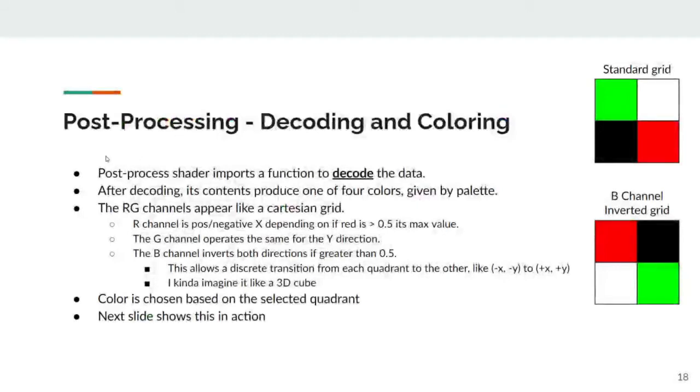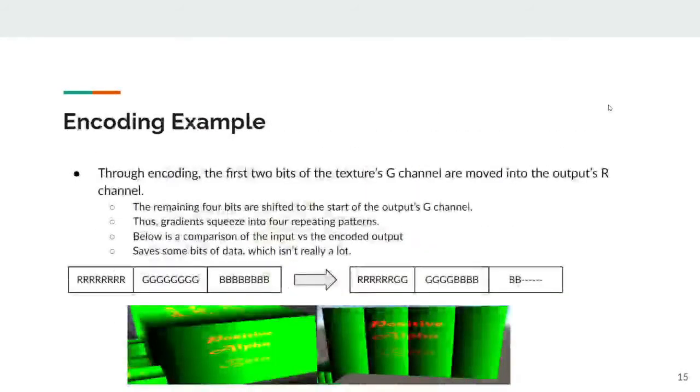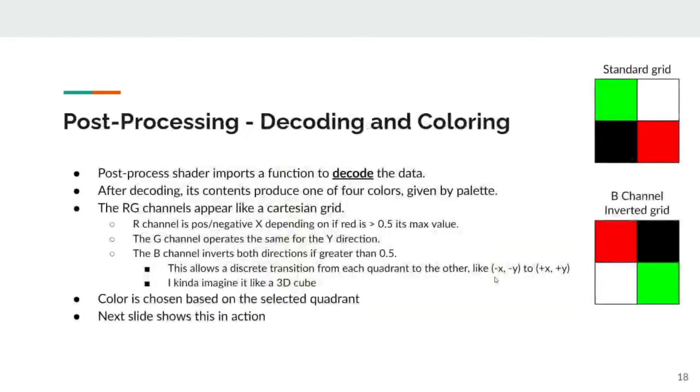So let's see. First of all, it goes back into this data buffer. I'm going to go back a couple of screens. It goes back and pretty much reverts from this back into this. Some bits of color information are lost in the process, but again, it's just something that I wanted to do. And then afterwards, it uses each of those channels of data as a way to pinpoint exactly what color it should use. So I imagine it like a Cartesian grid,